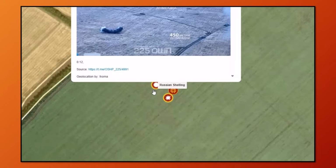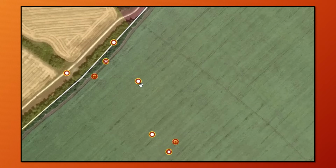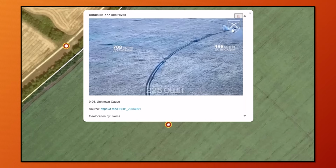But as we can see on the images here, these artillery strikes are not any danger for Ukrainian vehicles. The vehicles being used are BMPs and BTRs and stuff like that. And you really need to have hits with artillery within 15 meters of armored vehicles to have an effect. This is clearly not an issue. Same thing if we take a look at this one. This is a bit closer, but you can see it's too far away to have an effect on the vehicle. Let's see here, this says that this vehicle might be damaged, I think, destroyed, not sure. It's close and it is behind. This strike could have had an effect on that lead vehicle,